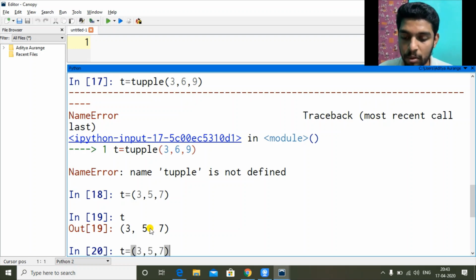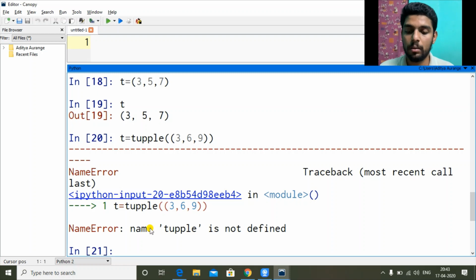So I was showing this tuple command, why it didn't work. I think, as I said, tuple and round brackets. Then you have to enclose the data in something. Like by giving round brackets, I'm enclosing in a tuple. If I gave square brackets, I would be sending the data as a list inside the tuple. Maybe the spelling is wrong. Name is not defined. Tuple, what's the spelling? Let's see. TUPP or single P?